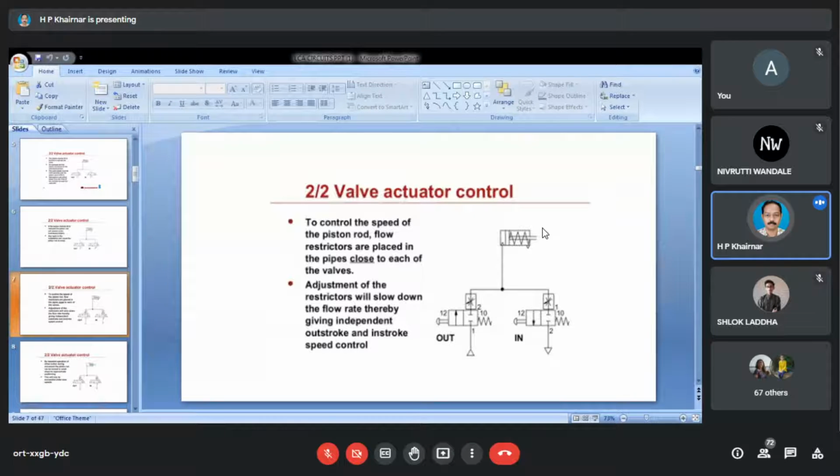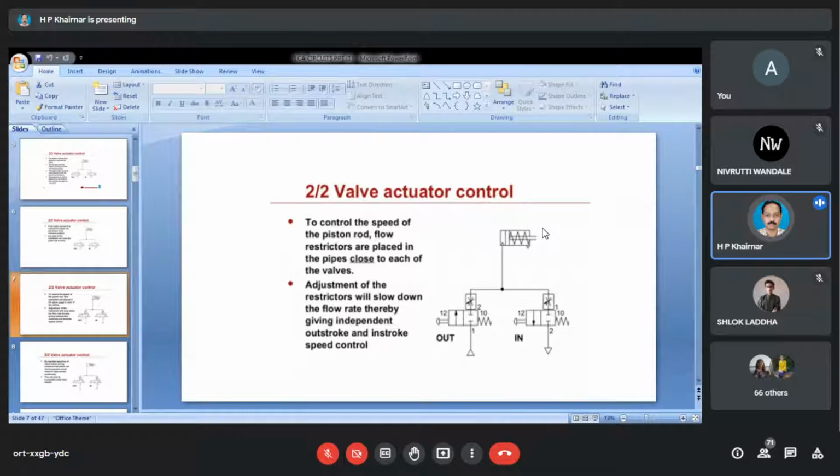Suppose, for example, your hammering operation is there. Hammering means simply giving blow to the particular part, it will get conveyed. So such operations with some specific speed, it has to move. Some load is attached at the end of the piston, it has to move slowly. Then you can regulate the speed at such applications. So whole lot of applications where you need to regulate the speed. So for all such applications,